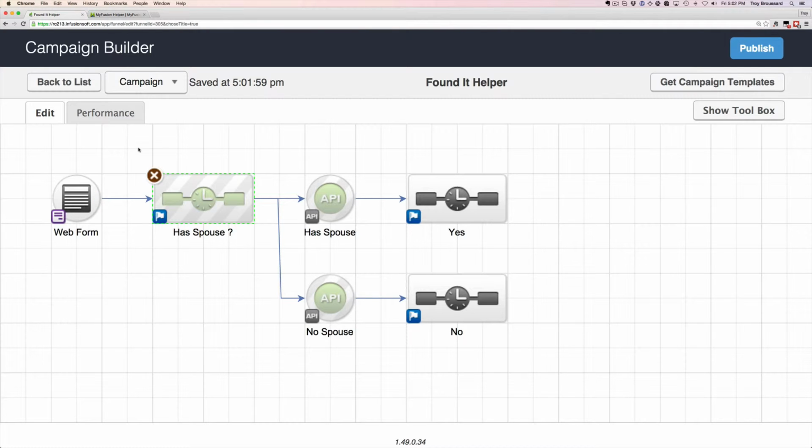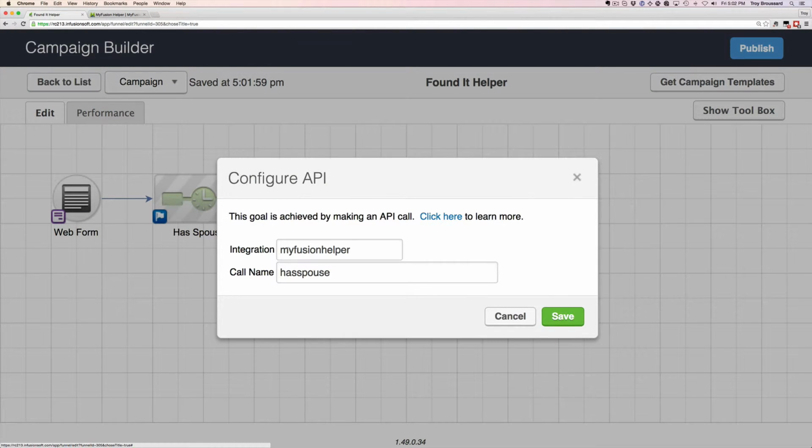Okay, so now we have a simple little campaign, and this is how it would work. We would set up two different goals. Now, again, you can use tags, you can use goals, you can use both. We like to use goals because they don't waste tags and they don't waste system resources and slow things down on you. So we can go ahead and set the spouse here, and the way we do this is the